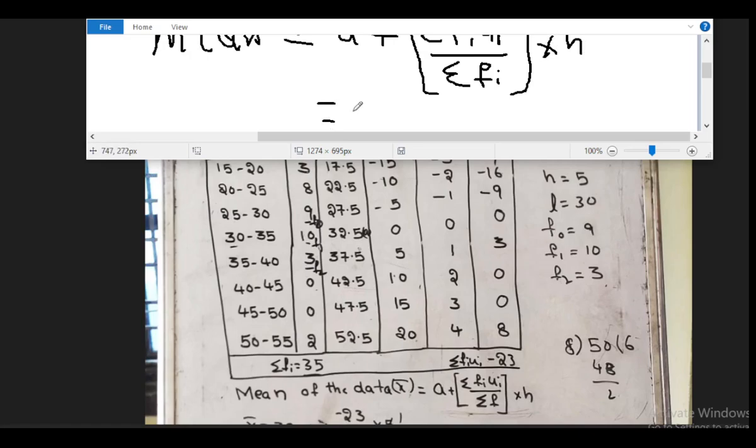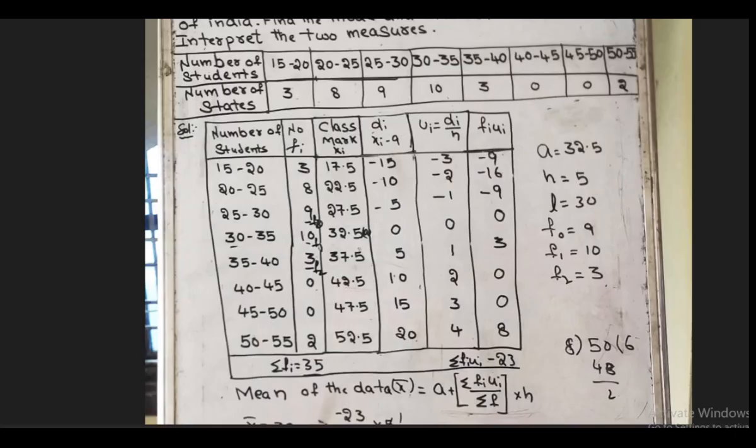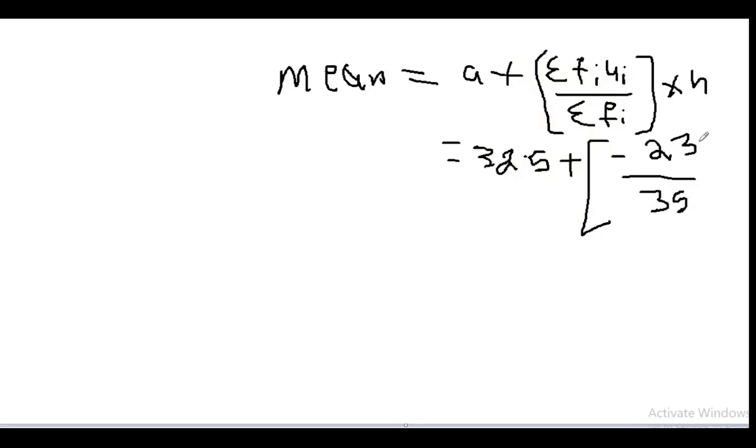So a, the assumed mean, plus, that is 32.5, plus sigma fi ui, which is equal to minus 23, by sigma fi, which is equal to 35, into the class height, which is 5. 5 ones are 5, 7 fives are 35. So if we go for cancellation, there we are getting the